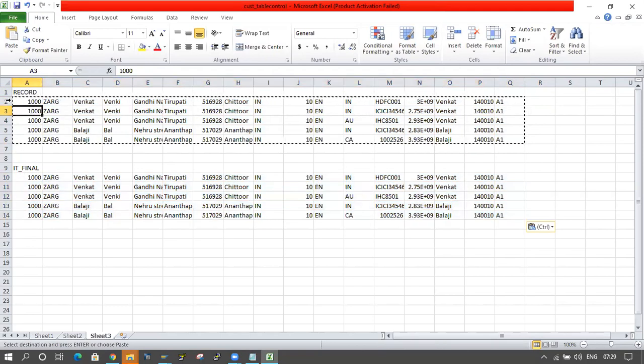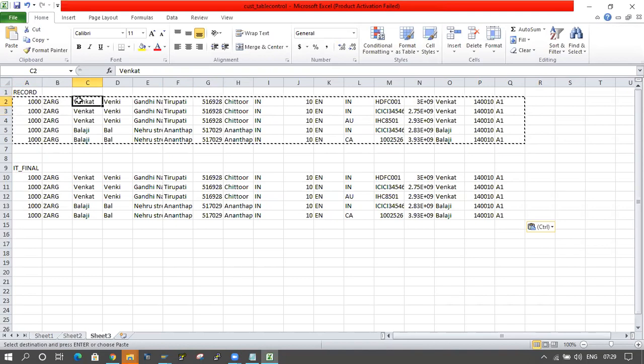I'm checking here whether any duplicate data is there or not. How I'm checking? By using customer name, city and postal code. By using these three fields, I am checking the data. For example, I have two customers, Venkat and Venkat only, but two different persons. But I cannot assume these are a single person, right? So that's why I am checking here.